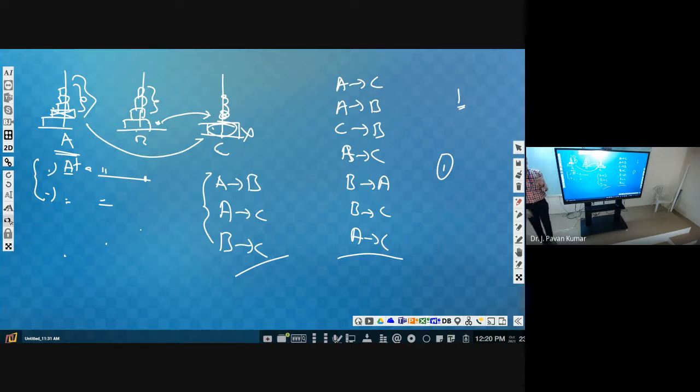Got it? Again, suppose we have 5 boxes total. We have placed the first one and second one here. Next, the remaining 3 will be here. In order to move these 3 to the destination, again what will we do? We will make use of B. That means the first 2 we will keep in B, then the third one we can move to C. So that's the logic.